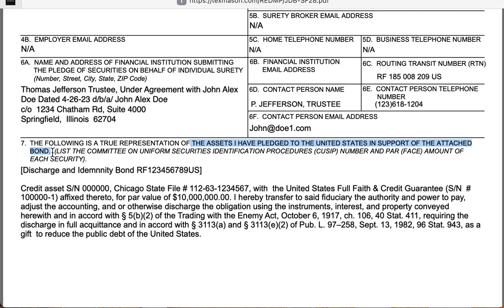Well, one, because it doesn't have a CUSIP number. Many people say there's a CUSIP number on a birth certificate. There's not. Don't be confused with people telling you there's a CUSIP number on a birth certificate. If there is, have them identify it. And then when they identify it, look up the definition of CUSIP number and see if that's what that number is. More than likely, they're talking about a state filing number, which is not a CUSIP number, or they're talking